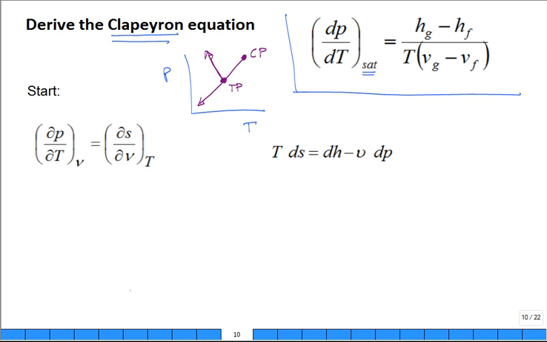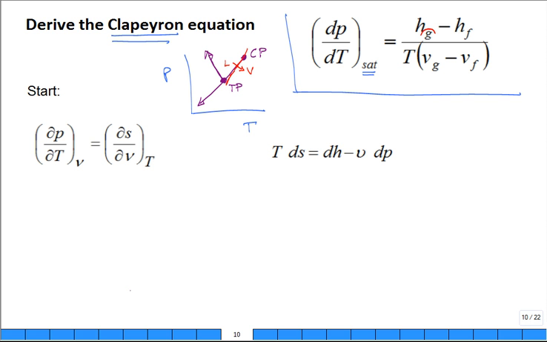So basically what they have is a plot of pressure versus temperature, and you have the derivative, the slope of that plot, and it can be anywhere along this line right in here, especially when we're going from liquid to vapor. But we're only going to do it for this one right here because it's the Clapeyron equation. Look at this.